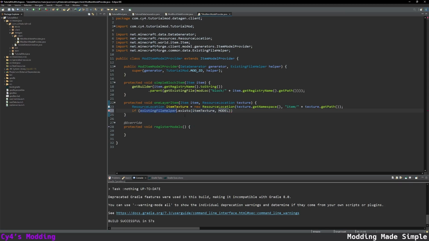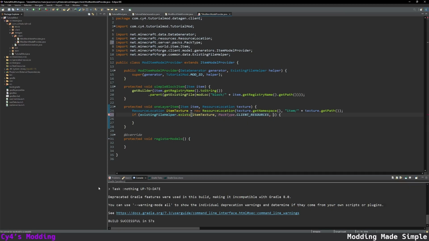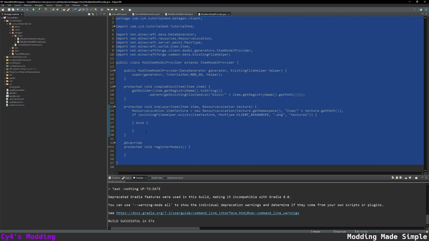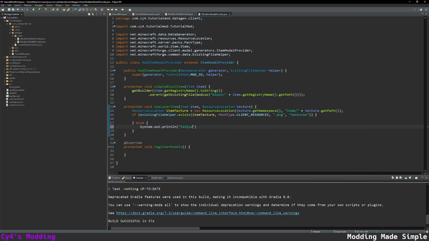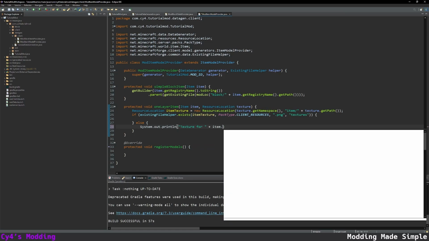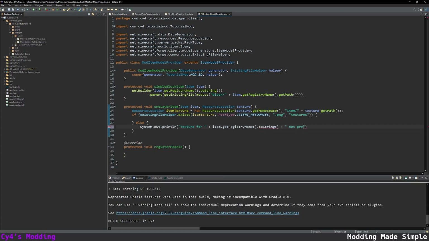So we're going to do existingFileHelper.exists. Then we pass in our item texture, and we're going to type PackType.CLIENT_RESOURCES. Then we need the extension of the file, that's a .png, and we're going to search in textures, since this is a texture. And if it doesn't exist, we can just do System.out.println("Texture for" + item.getRegistryName().toString()